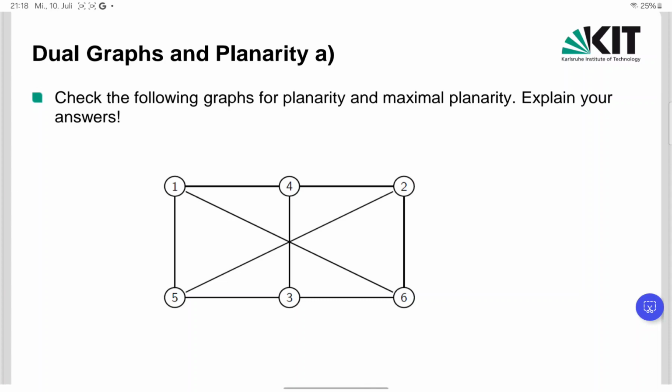We can see here 6 nodes and different connecting edges. And the hint was simply to start with drawing the nodes and try to connect them without crossing the edges. So this is the definition of planar graphs. So they cannot have crossing edges in the graph. So is it possible to draw this particular graph in such a way that all the edges are not crossing